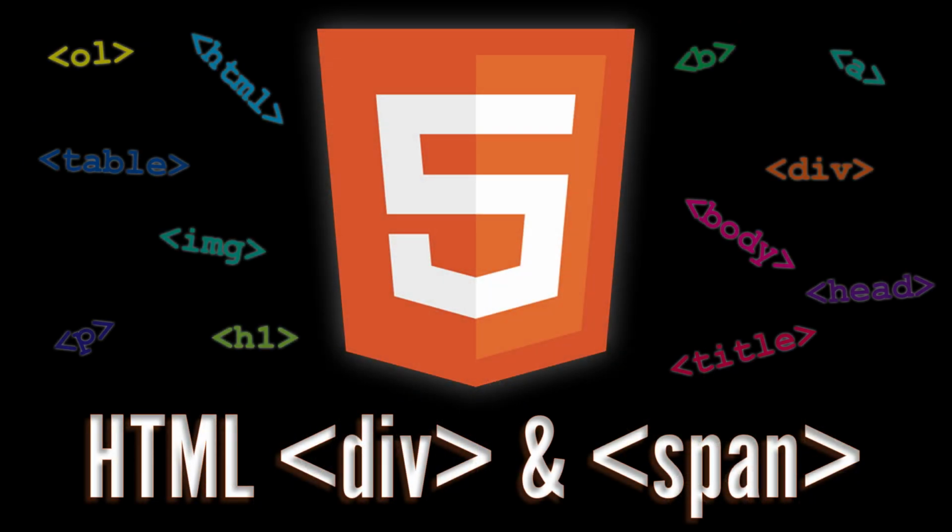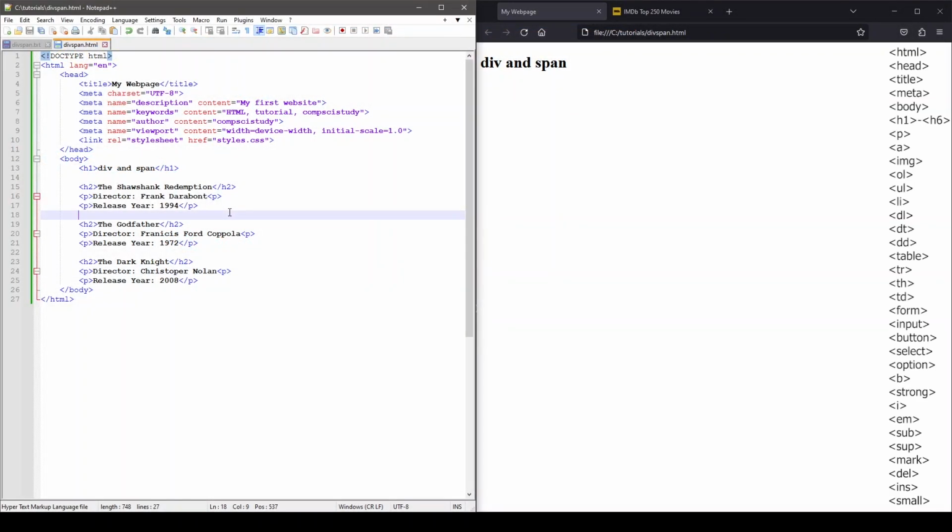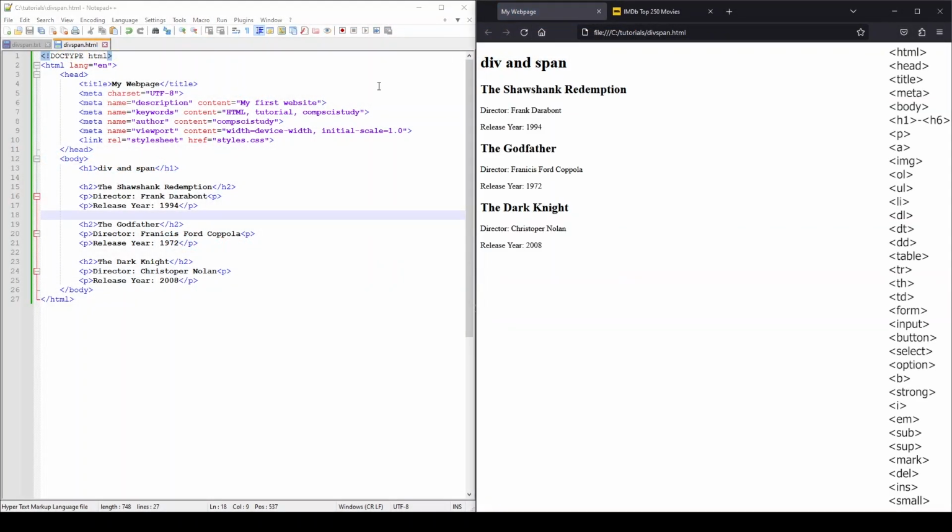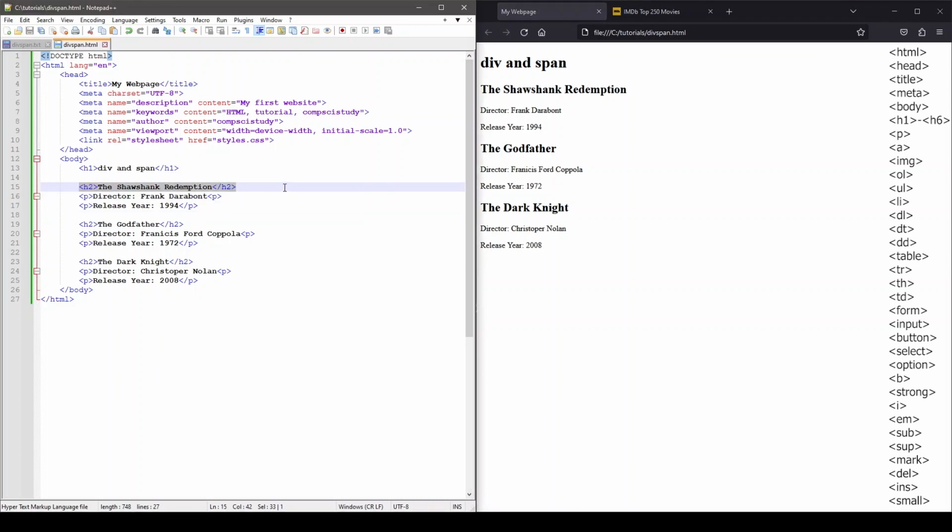In this video, we're going to look at the grouping elements div and span. These elements are known as non-semantic elements, meaning the element names do not say anything about the content they contain. Looking at this example here, we have some header tags and some paragraph tags that contain movie names, director names,